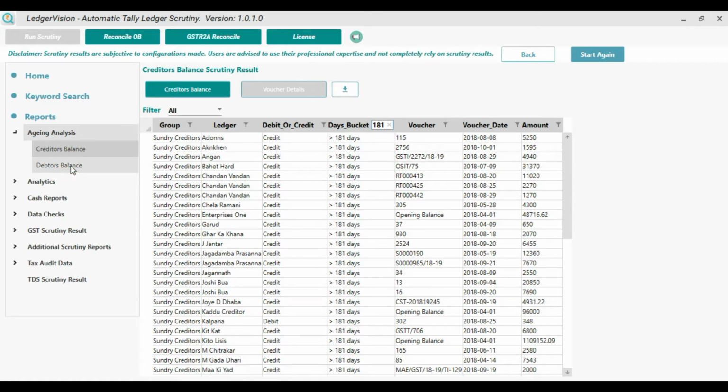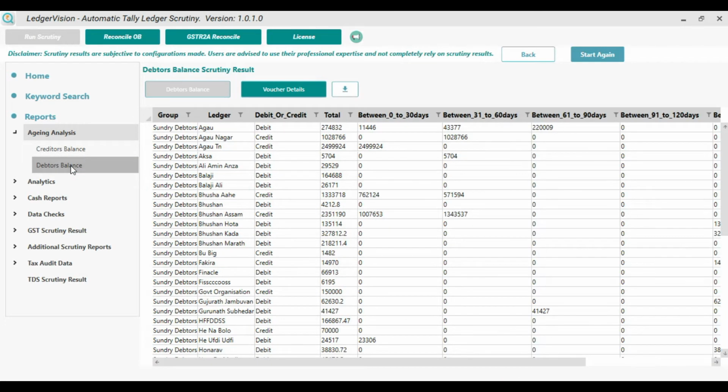Same idea is used for debtors. It is also based on the FIFO method. This is also helpful in case of company audit. While presenting in the balance sheet, you have to give details about debtors or creditors which are outstanding more than 6 months or less than 6 months. So this will be helpful.